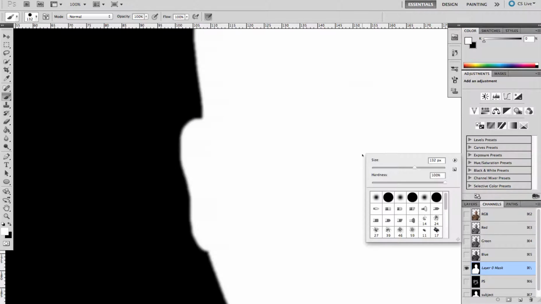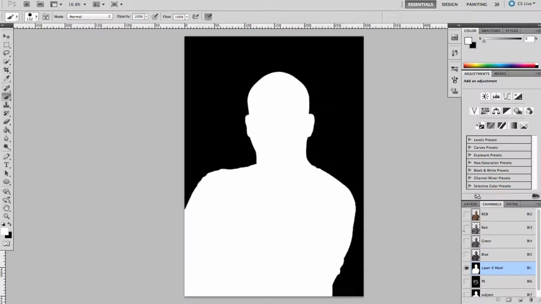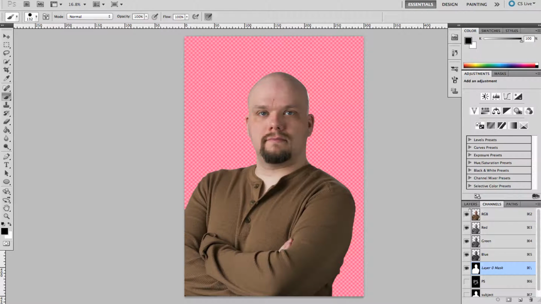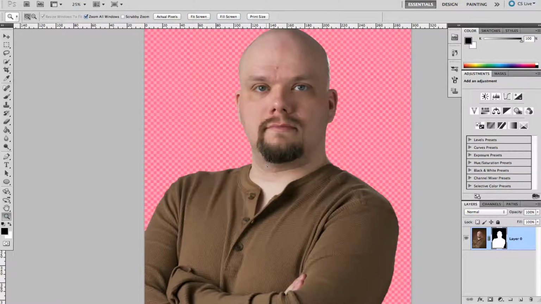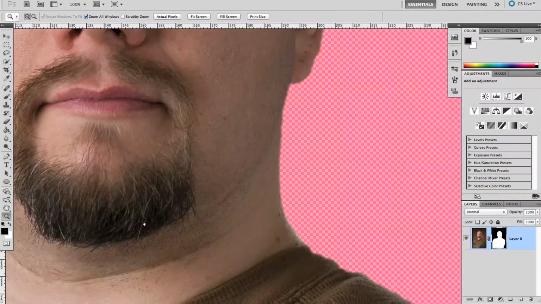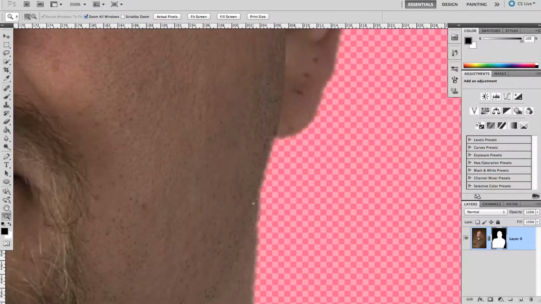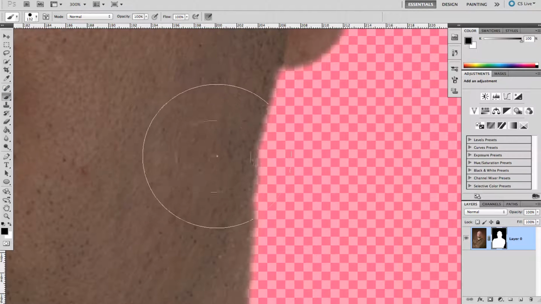There we go. And this is where the real power of selecting and saving selections and masking comes in. It's because you can go now and paint on the mask after the fact at any point and make refinements. So let's say this is a little too soft for me, so let's say I want to change that a bit. I've got my brush selected,